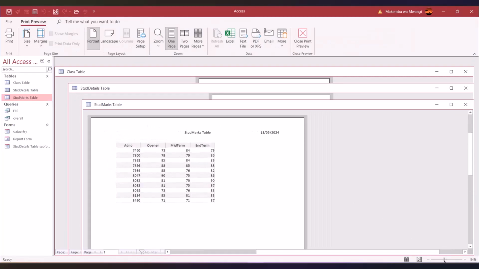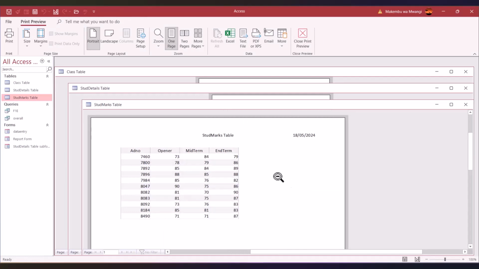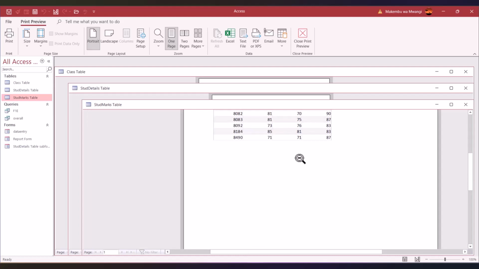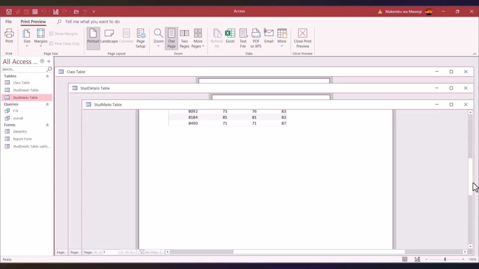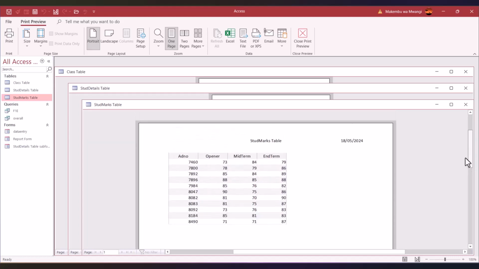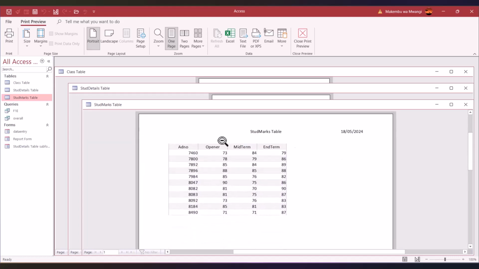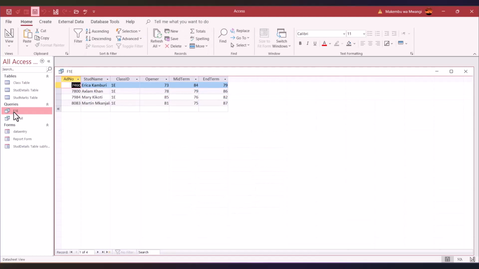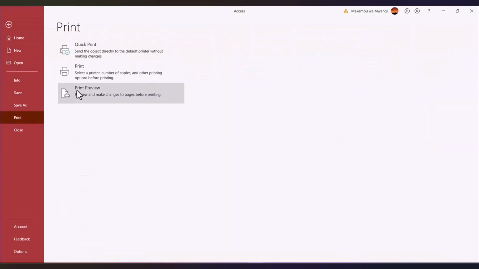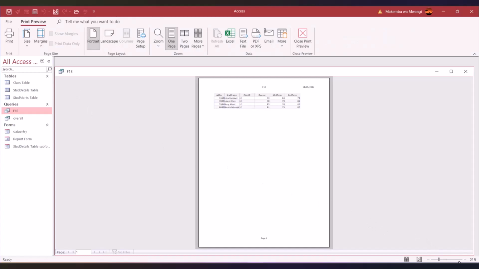I can zoom a little bit for you so that you can see. Yeah, and even my mouse becomes a lens. It is making things appear larger. So these are the three tables. Then the two queries, you can open the query, and in the same way you can print the query, print it like that, come to print preview, let us zoom,